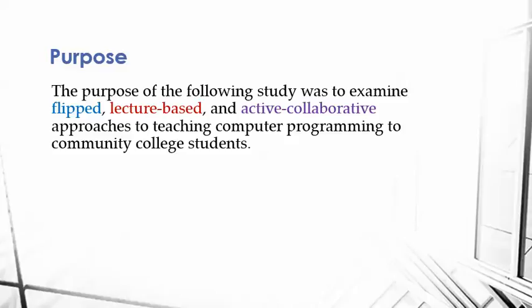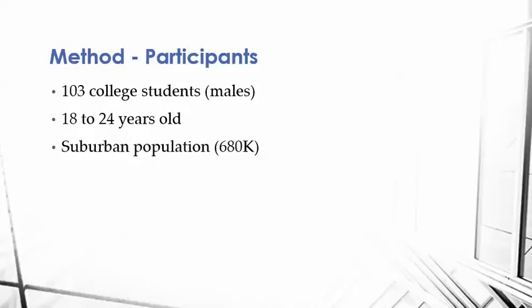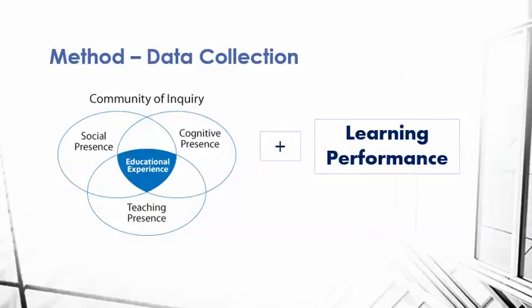The other new thing about this is focusing on college students. Flipped classrooms have been looked at the university level, but not at community college. So 103 college students participated, all males, 18 to 24 years old, within a suburban population of about 680,000 people. The method of data collection was survey-based, focusing on a community of inquiry model where we looked at